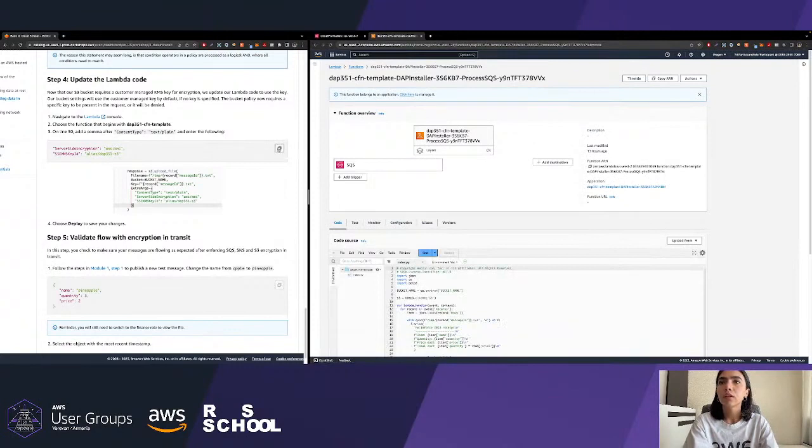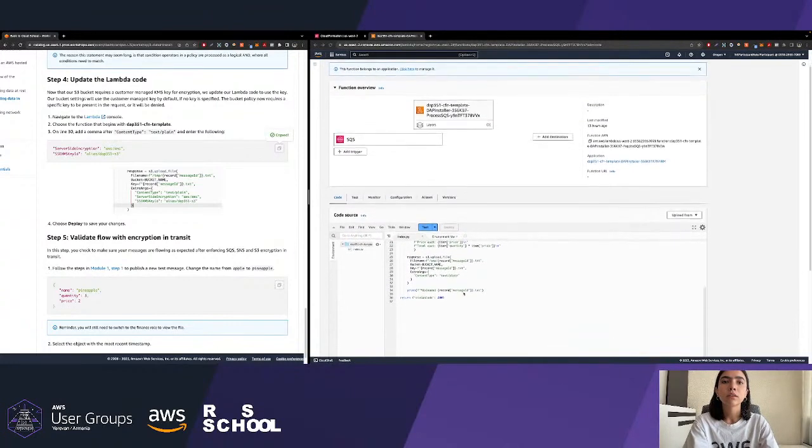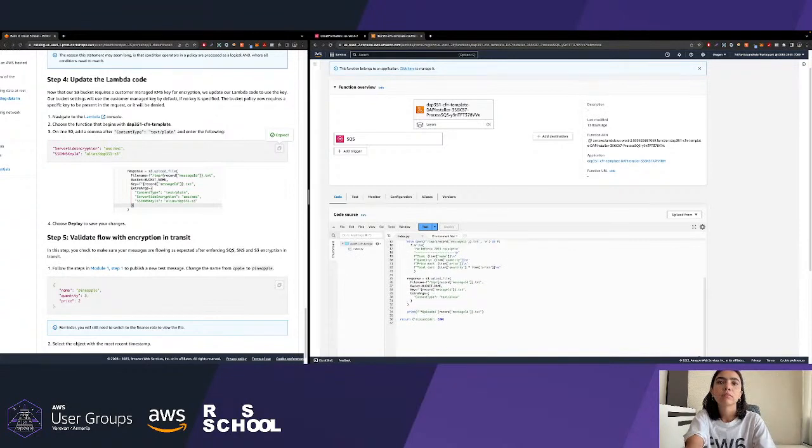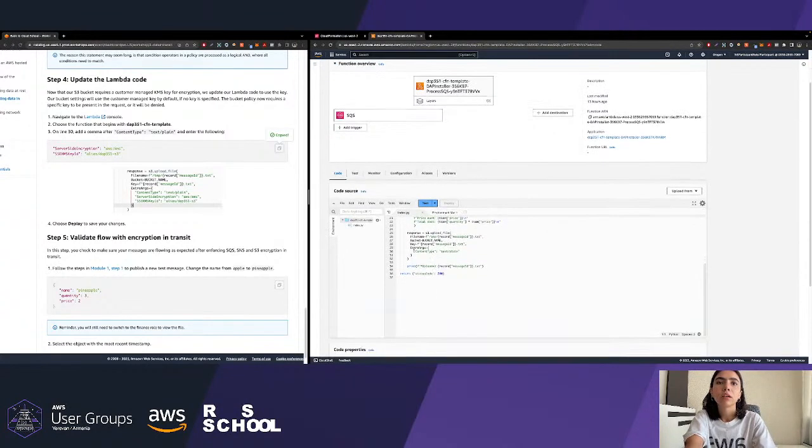So, as you can see, the documentation is suggesting us to add some more arguments in the code. It is in Python, as you can see. Sorry, I can zoom in on this code editing part, but I hope you can see, so you can also read from the documentation.